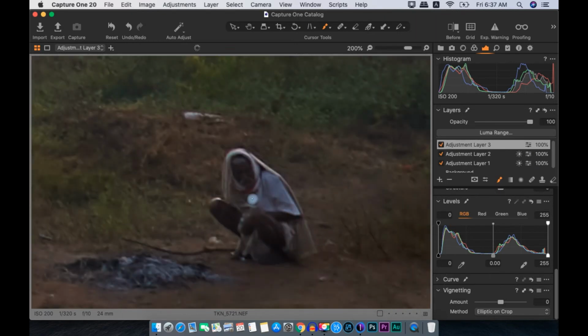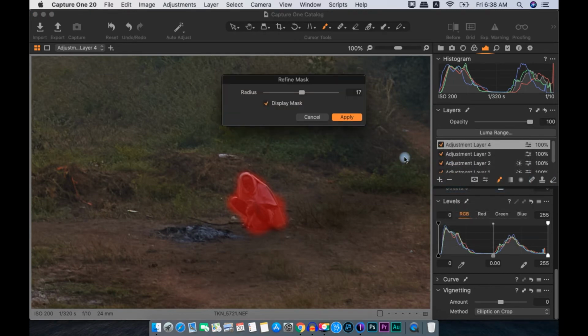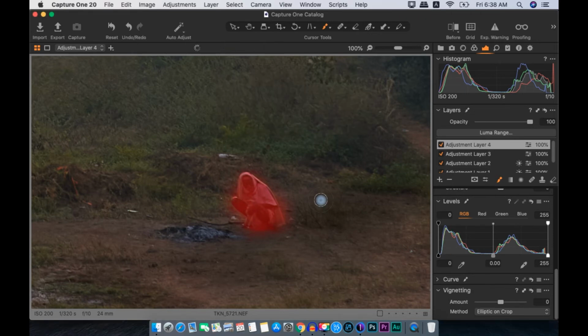Now if we want to work on this person sitting over here and highlight this a little bit more, again we'll take one more layer and hit M, select the subject, right click, refine the mask, apply, take the eraser, make it a bit smaller, and let's remove some selection from the outer side, just like that.